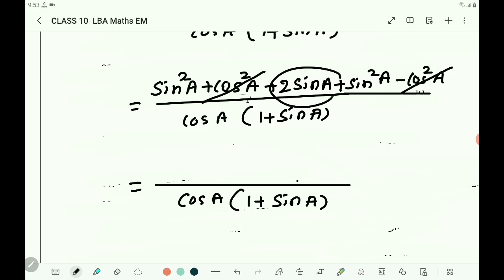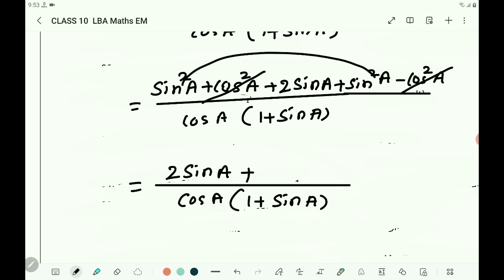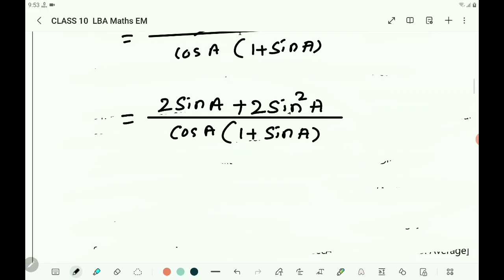Then you write 2 sin A. What is remaining here? 2 sin A plus sin square A plus sin square A is 2 sin square A. 2 sin square A equals